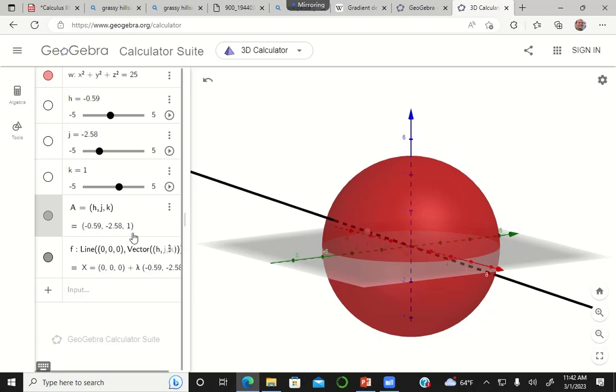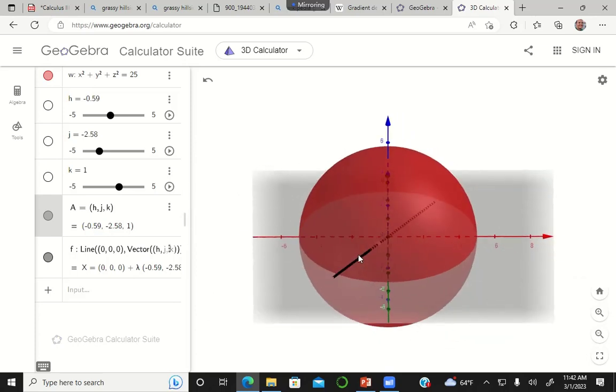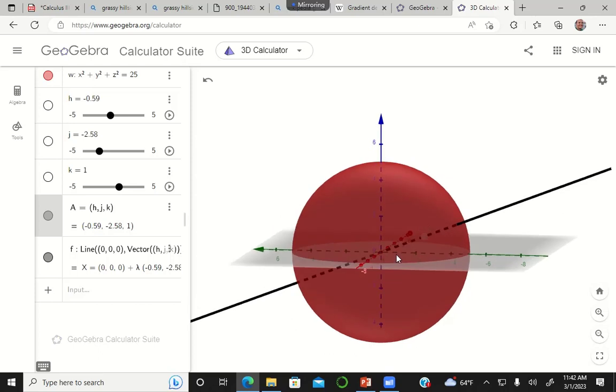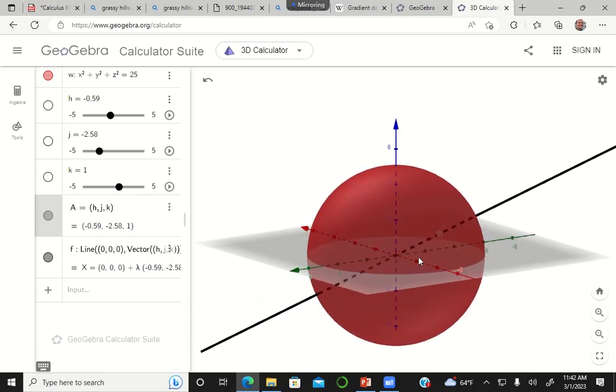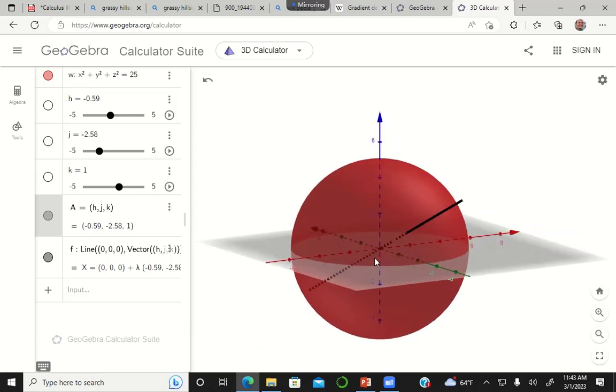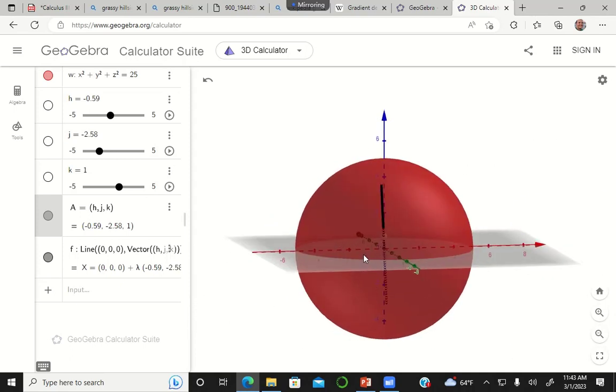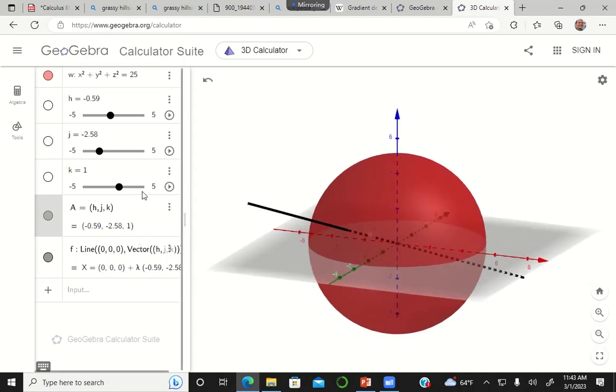Since I define this line by 2 times the x coordinate plus 2 times the y coordinate plus 2 times the z coordinate, you can imagine whatever gradient vector I've got of this scalar field is going to lie in the direction of this line. And you can also tell that the line should be orthogonal to the surface of the sphere, right? It's not a perfect visual representation, but